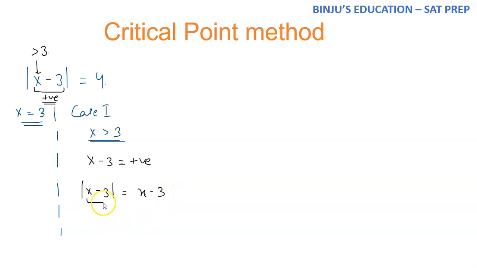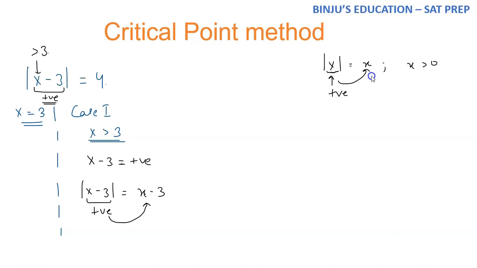Because this expression already is positive, I can open this as it is. If you remember that mod of x is equal to x when x is positive, then when the expression inside the modulus itself is positive, I can simply open this as it is. I don't have to worry about signs. So in case 1, since I'm defining x to be greater than 3,